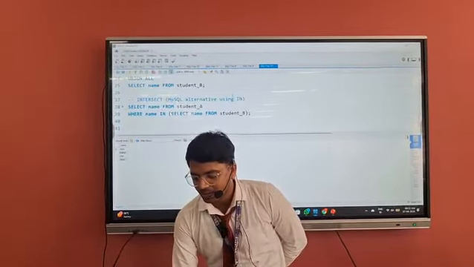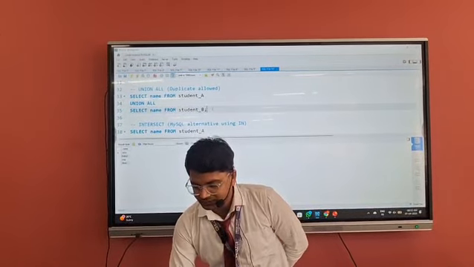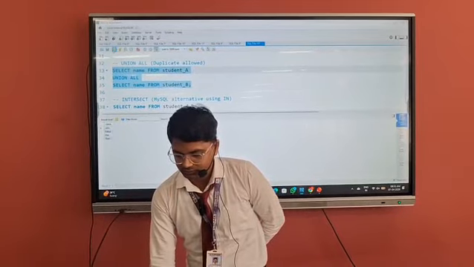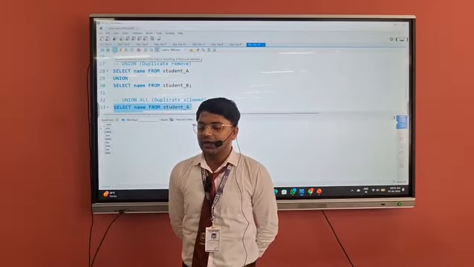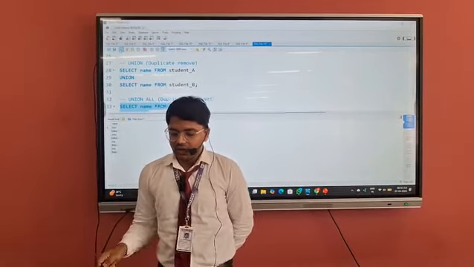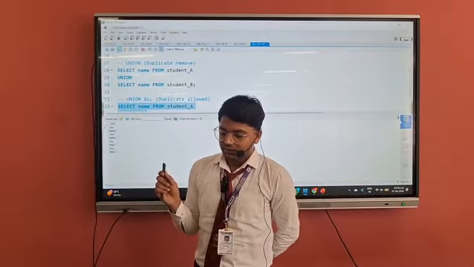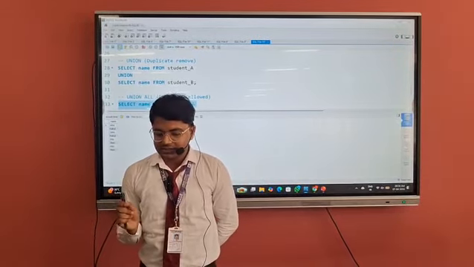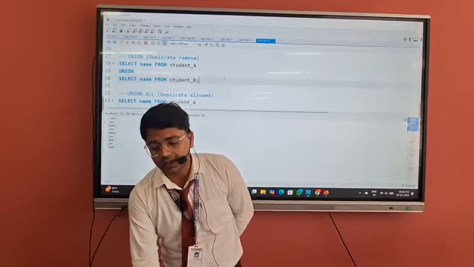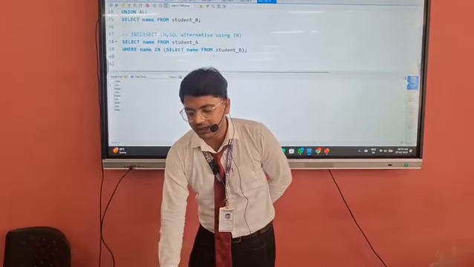Next one is UNION ALL. UNION ALL basically allows duplicate values, meaning John, Rahul, John, then again John, then Rahul, Sita, John, and then John. So UNION ALL allows duplicate values, but UNION does not allow duplicate values.